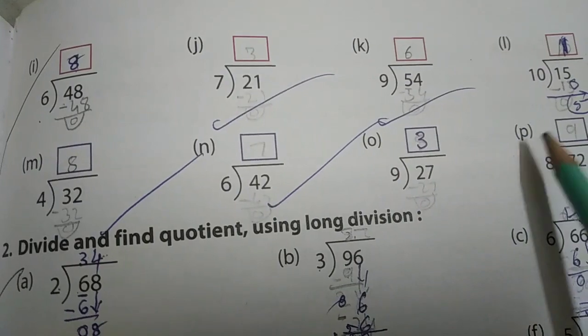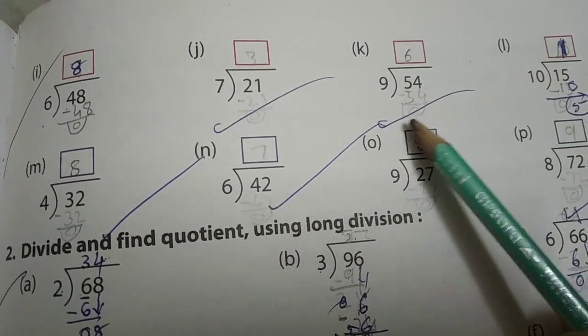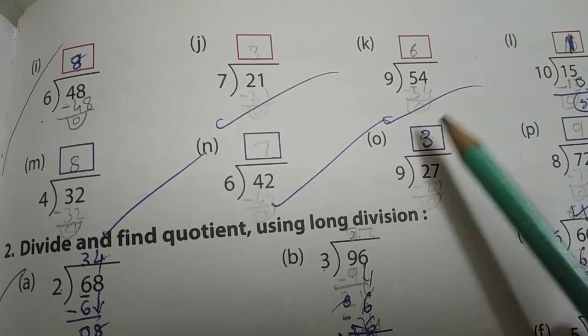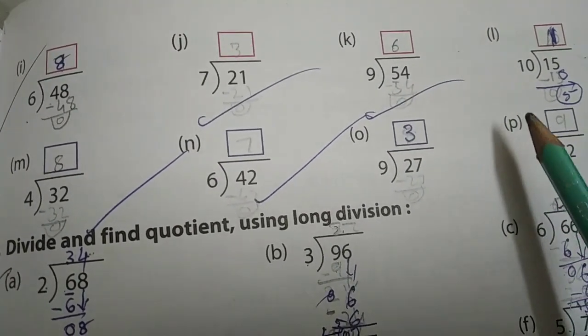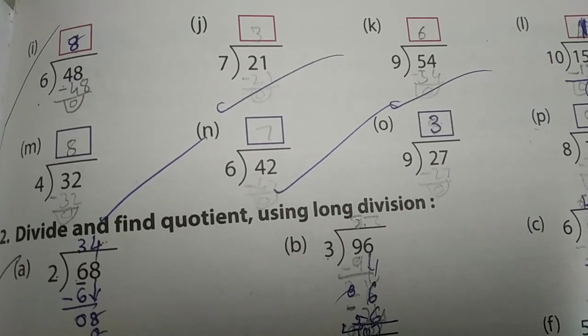If you want, you can try in rough also. Write the table in rough and write the answer here. So only the question you have to write here. You write the tables in your rough book. So till P bit you complete. This is page number 118 and 119.